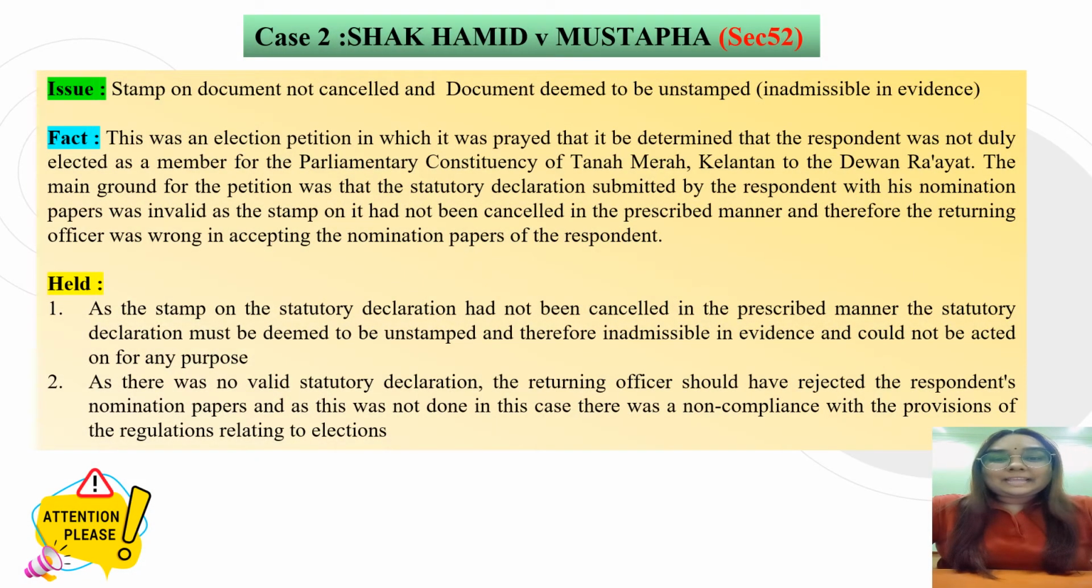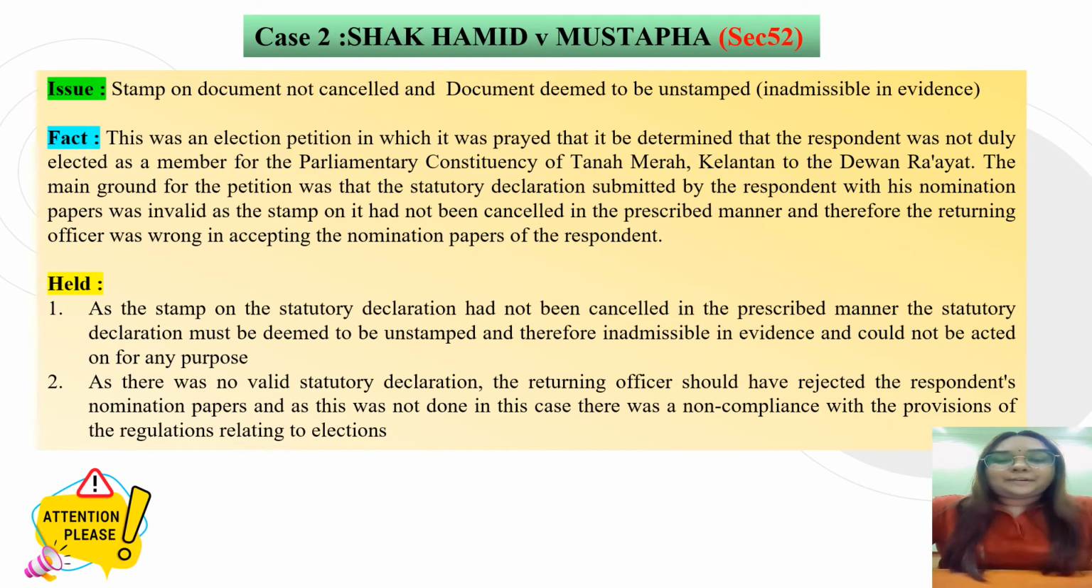Okay, the second case is Shah Hamid versus Mustafa under section 52. The main issue was that the stamp on the document was not cancelled, and the document is demanded to be treated as unstamped. The facts of the case: this was an election petition in which it was prayed to determine that the respondent was not duly elected as the member for the parliamentary constituency of Tanah Merah, Kelantan,